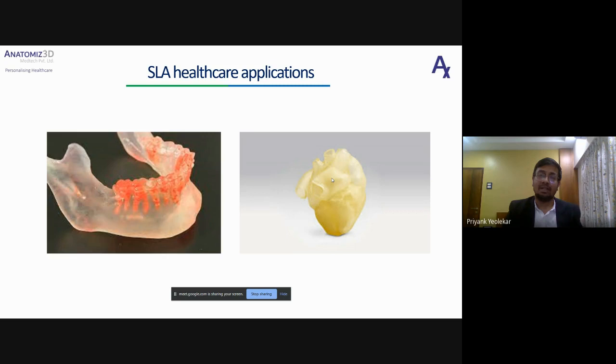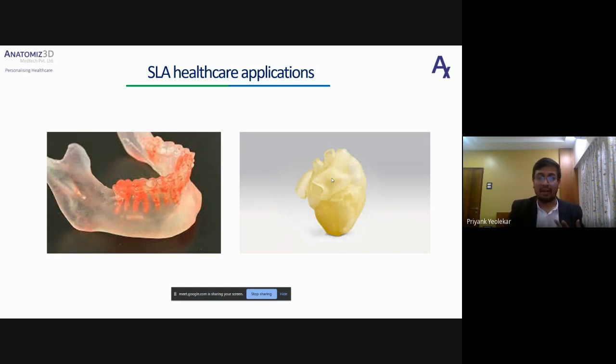Then there are some materials which are called surgical guide materials. As I have mentioned earlier also, you can use your 3D printing to make cutting and drilling guides for actual surgeries. This material is very important when it comes to SLA, because it can be printed and directly used in the surgery.